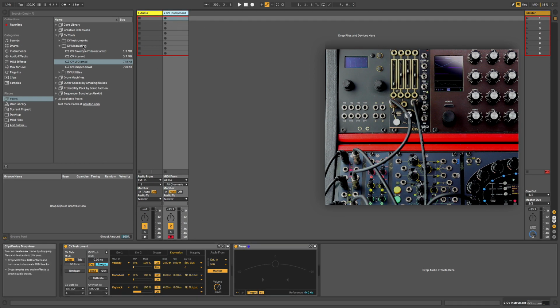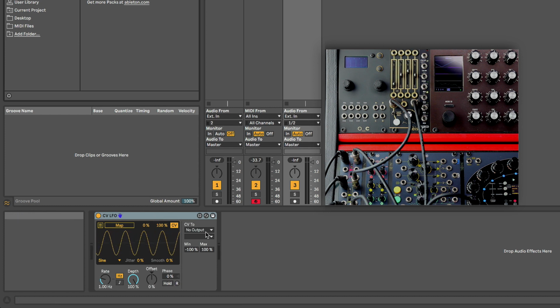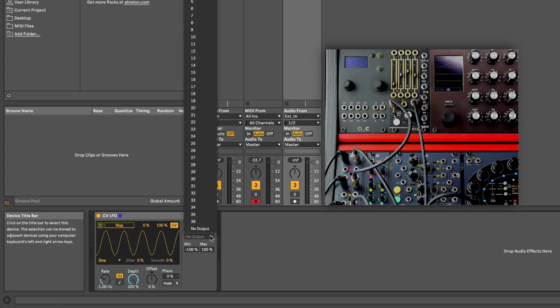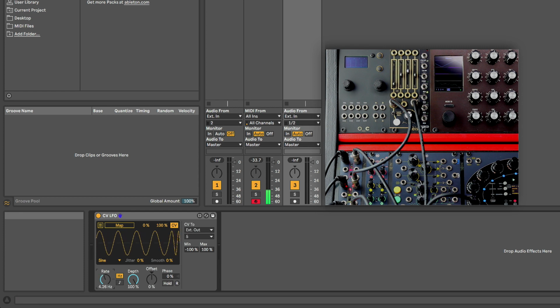And if we go into our CV modulation folder, we have something quite similar to our shaper effect here, and that is a handy LFO. Again, you can never have too many LFOs, so if you run out of an LFO module on your modular system, you've got a really quick and handy way. You just assign an LFO to an external out. Again, we're using the 3rd input on our Fractals module,